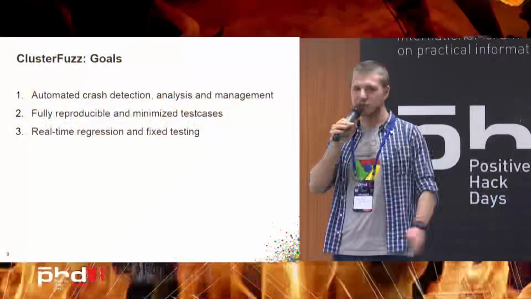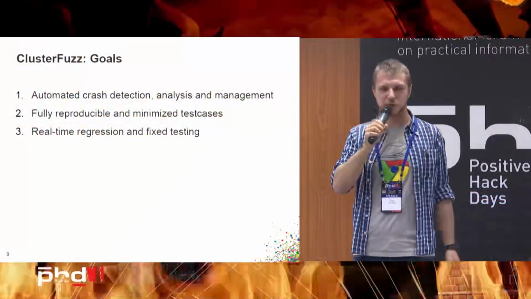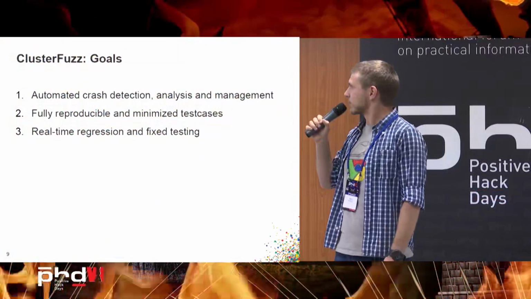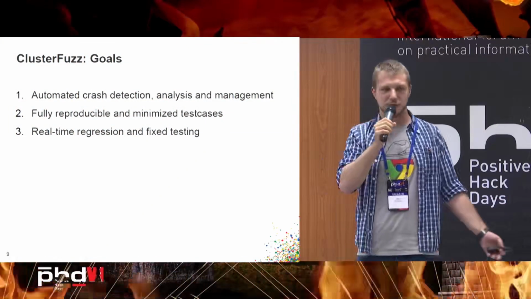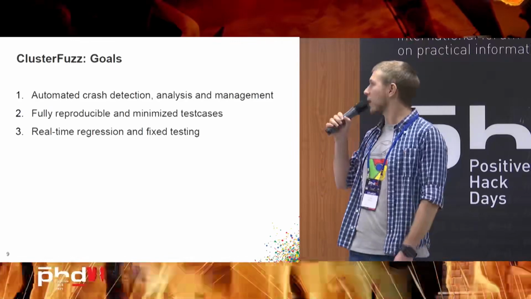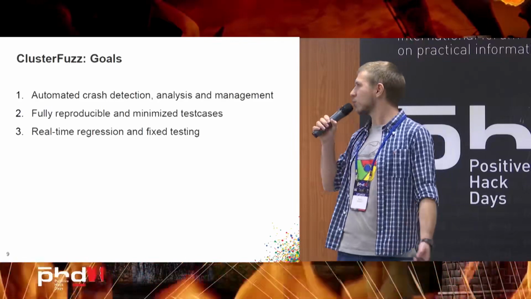The objective for creating such a huge infrastructure was as follows. Actually, I've been part of Google Chrome security for a little over a year, so that was before my time. But this is how the idea is: to automate crash detection, analysis, and management,